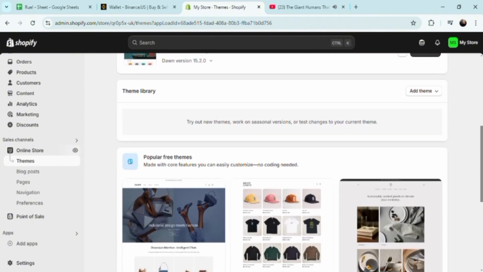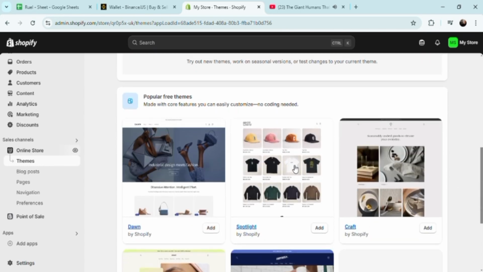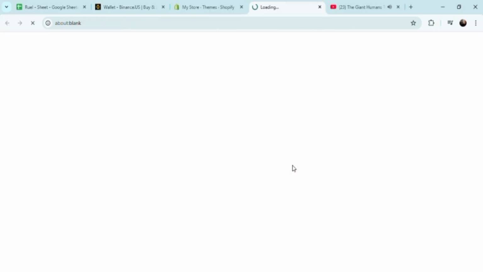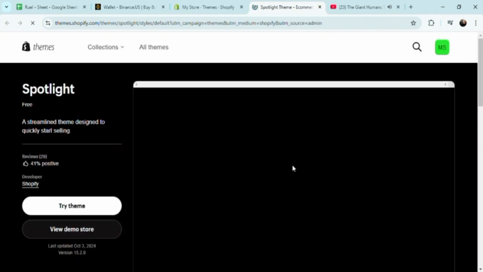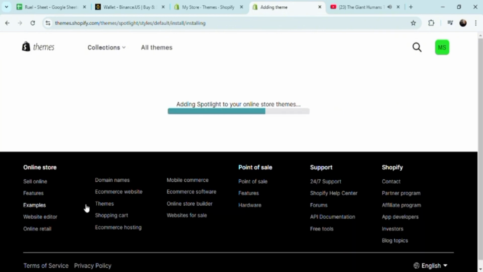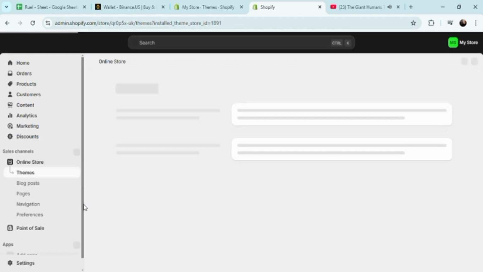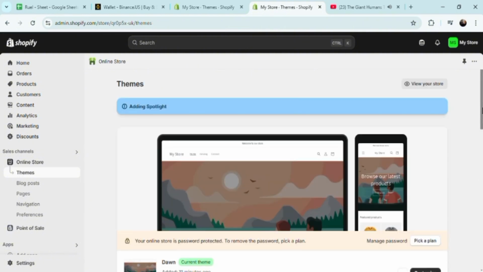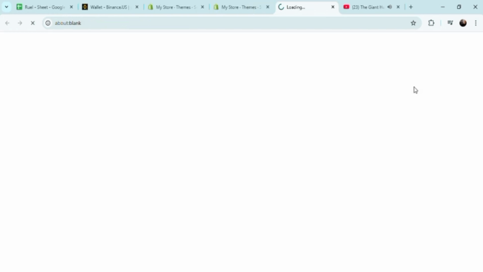So we have a lot of themes to choose from here, but let's say you chose this one. Again, it doesn't necessarily have to be that one, but you get the point. You could try the theme here or view demo store. This is basically it. So just wait for it to load a little bit here, and I do apologize for it being a little bit laggy. So in here, click on view your store,